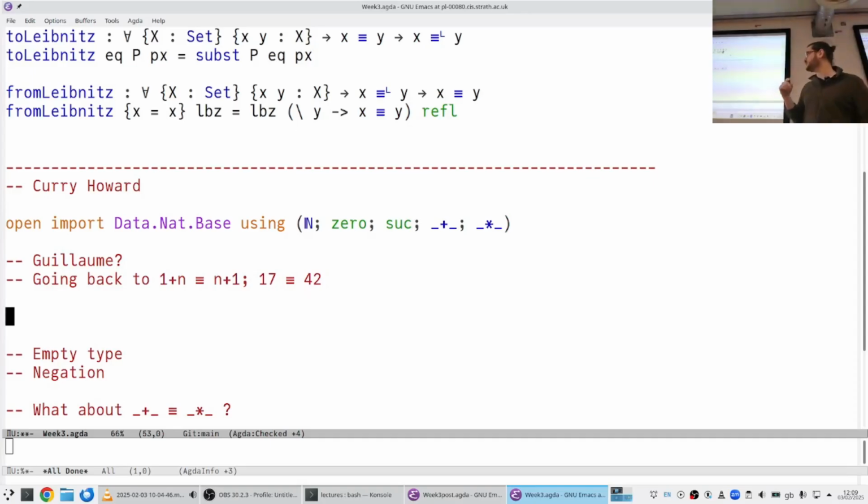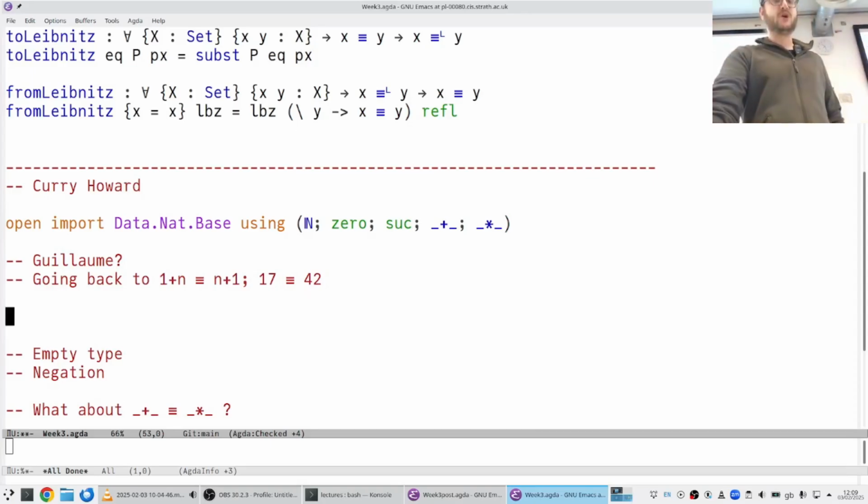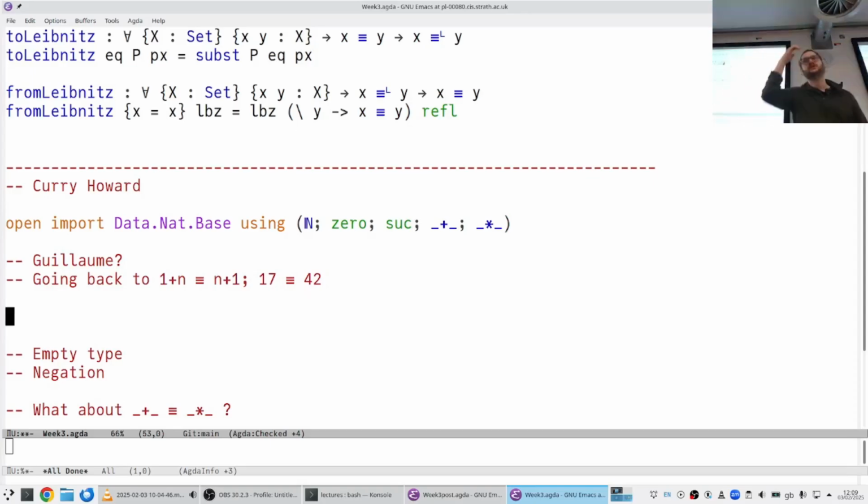And now for the rest of the hour, maybe a bit tomorrow also, we're going to be looking at this principle, which is known as Curry-Howard, which allows you to use the type system that Agda gives you, which you might think originally is only to write functions from nat to nat or whatever, to actually prove statements.